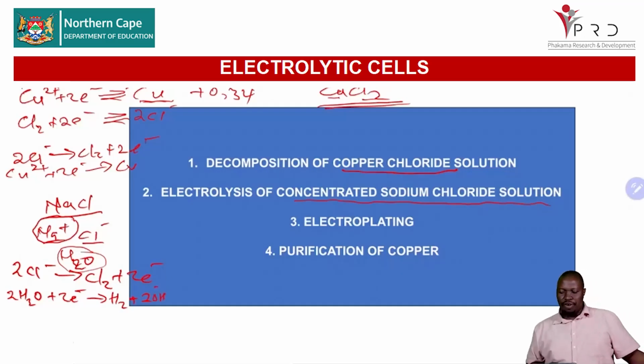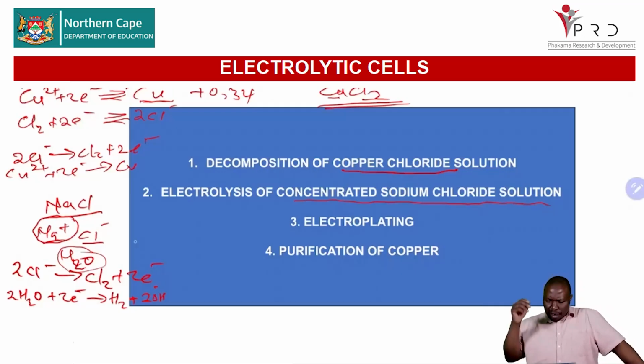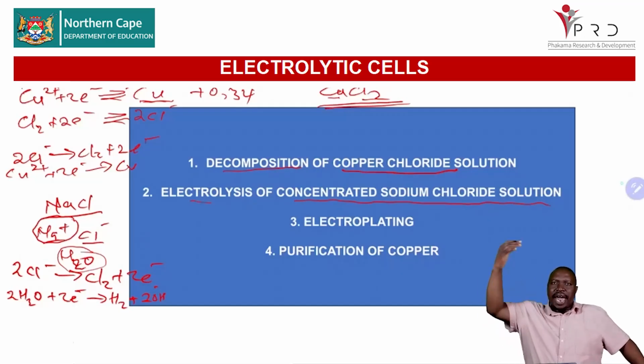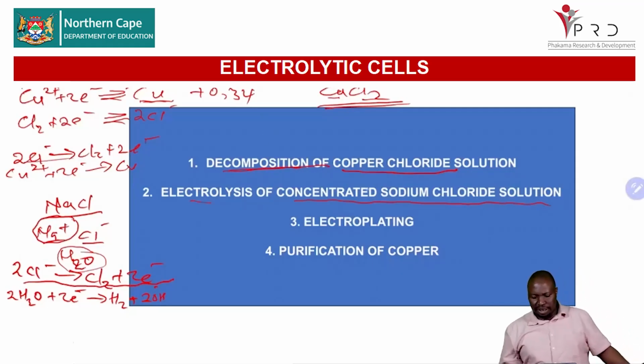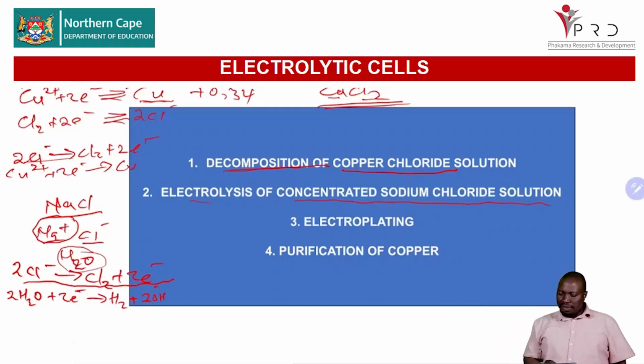So please don't forget that, at the anode, if we have chlorine in these two processes, which are decomposition of copper chloride and electrolysis of concentrated sodium chloride, Cl2 will always be formed at the anode. So have that in mind. You know that at the anode, the reaction remains the same. It's this one and that one for the two reactions, for the decomposition of copper chloride and electrolysis of concentrated sodium chloride. At the cathode of the copper one, it is the copper 2 plus that gains electrons,